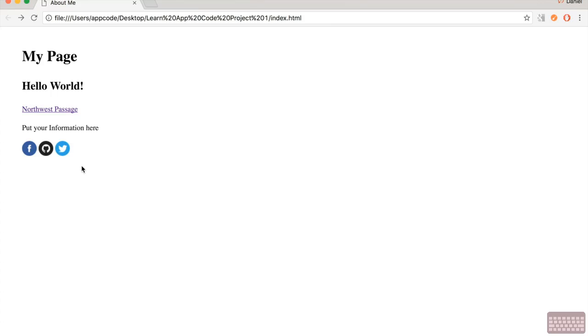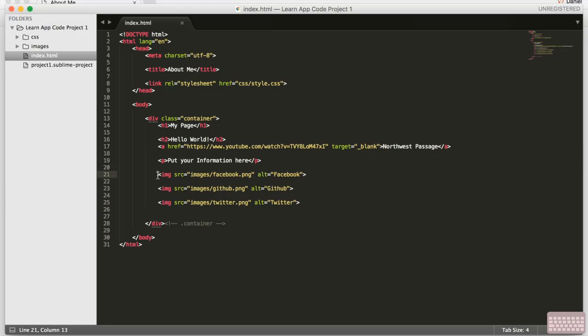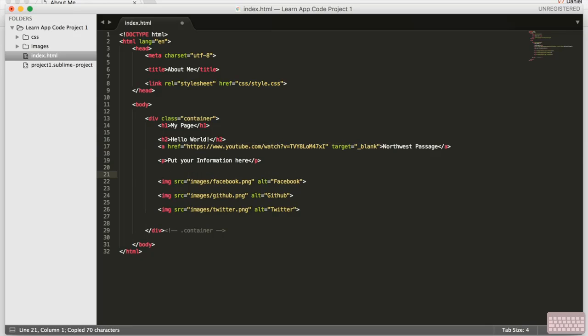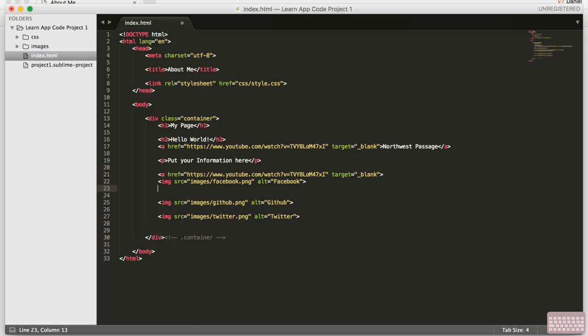However, I don't want these to just be images. I want these links to take the user to my social media accounts. So to do that, we need to go back into index.html and surround these image tags with A tags. I'm just going to copy the entire opening A tag on line 17 and I'll paste it on line 21 and I'll just tab it in like that. Then I'll close this A tag below my Facebook image icon and then I'll need to change the href attribute